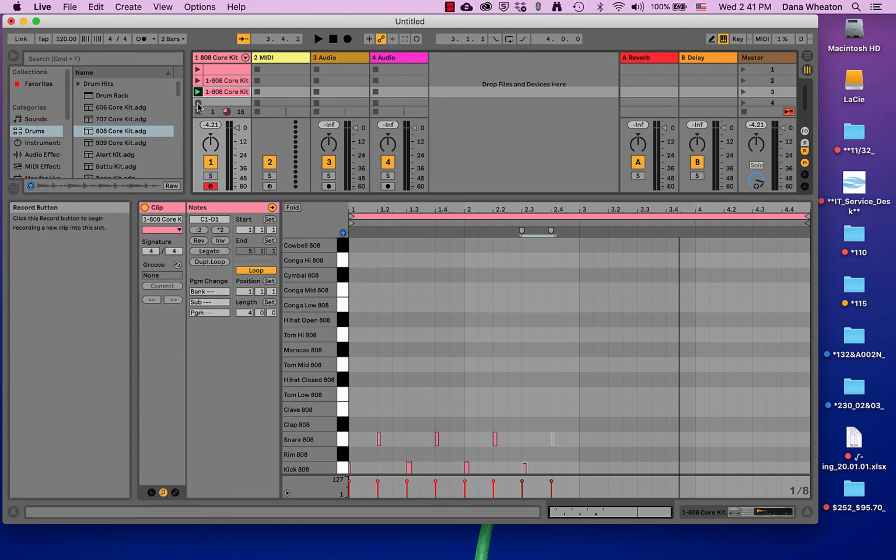For example, if I wanted to do hi-hat, find where that is. Okay, there's clave, getting close. There it is. So if I wanted to lay in the hi-hat, I would just hit the T key,